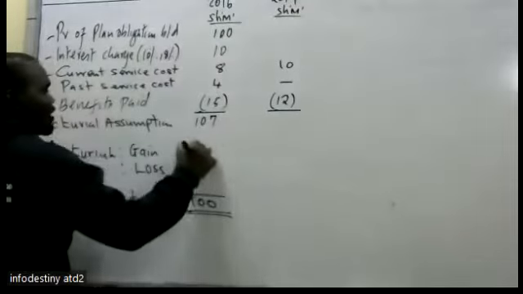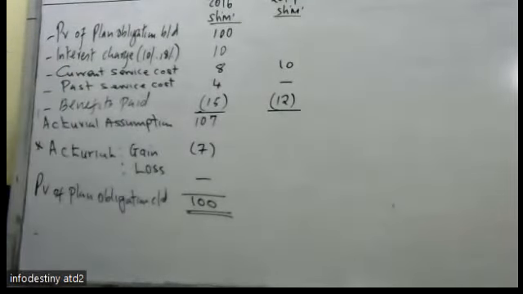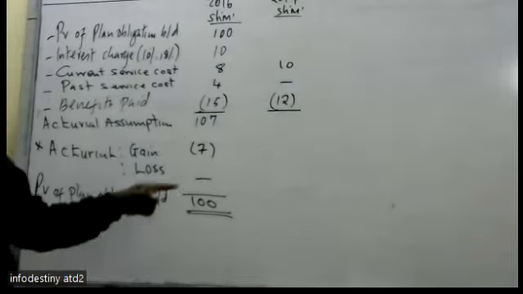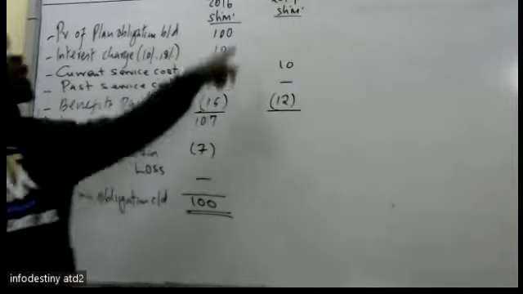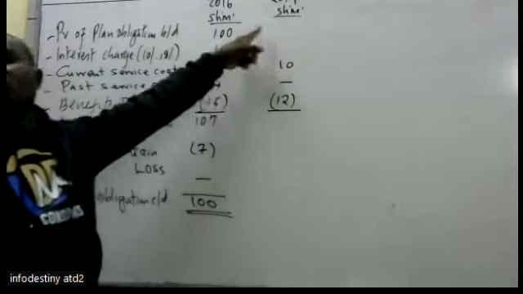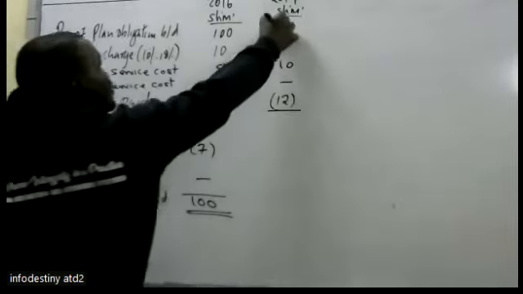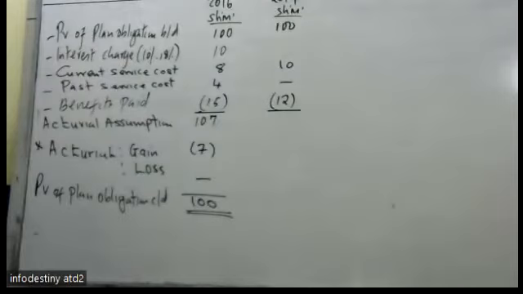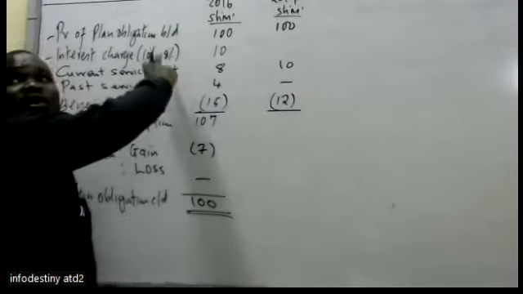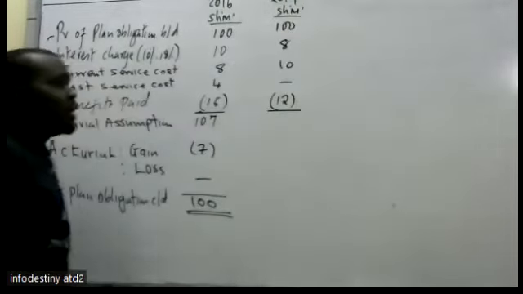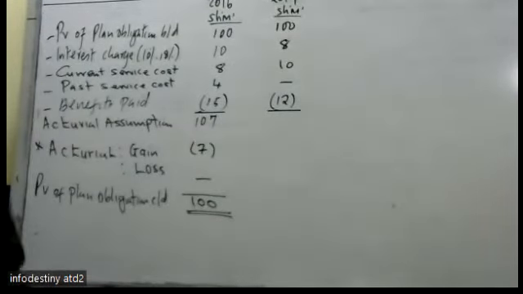So utilize that gain to reduce the obligation. So the gain should reduce the obligation. Then the closing here becomes the opening in the subsequent period. So this 100 is what you bring here. So 100, 8%. 8% of that comes to 8. So the actuarial assumption